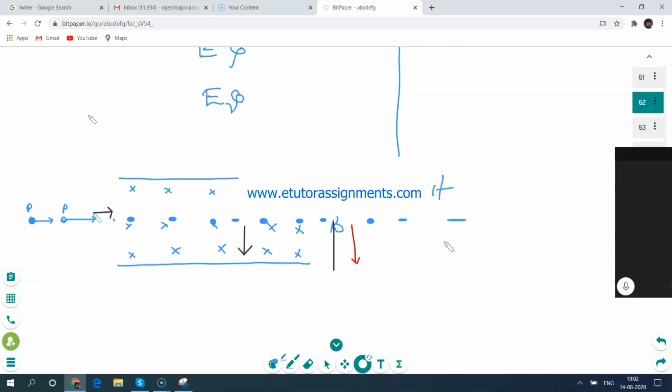Fleming's left hand rule, right hand rule, I don't know. I will teach you one right hand rule. Put your finger in the direction of the velocity, bend the fingers towards the magnetic field, and the thumb gives the direction of the force. By applying that rule, this direction is correct.